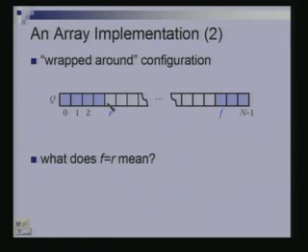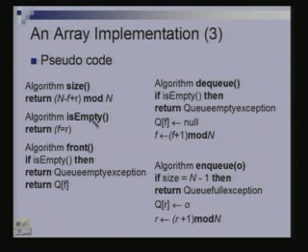N minus R plus F. Right? So sorry, it should be N minus F plus R, whatever, one of these things, right? So this would be the number of elements that you would get. This quantity would always be positive, because R minus F can at worst be minus n, right? So n plus R minus F would always be a positive quantity. So you can return this as the size. This will tell you the right number of elements,